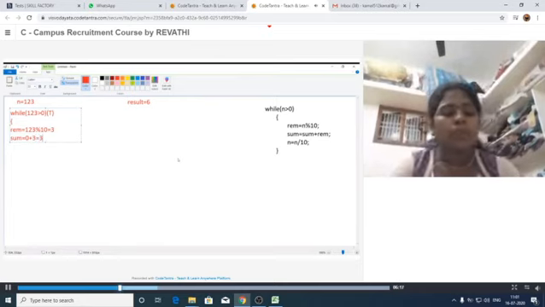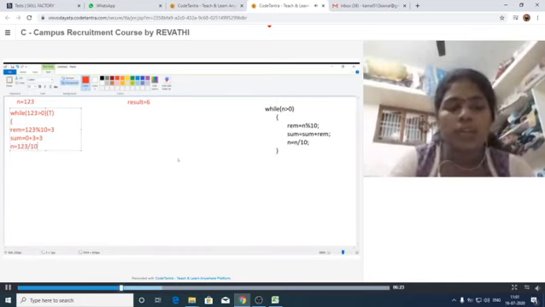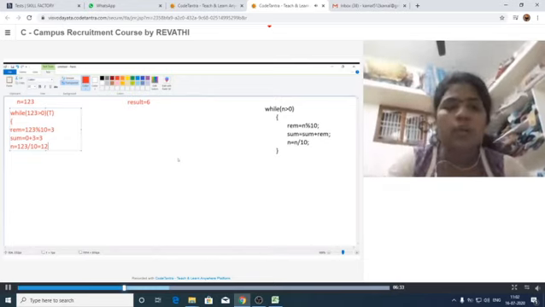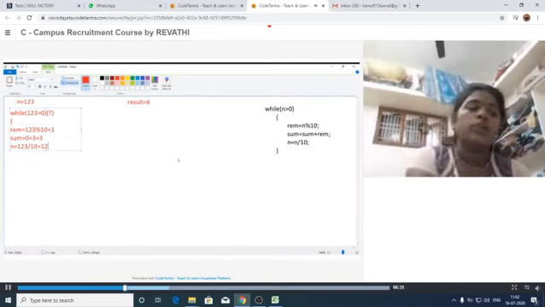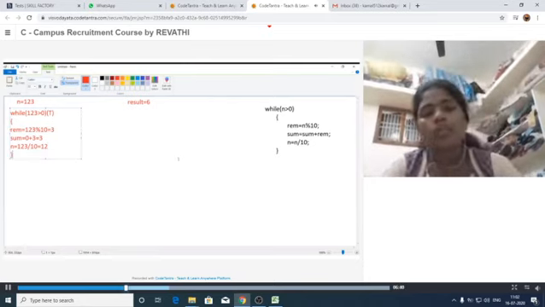After that, add the remainder to the sum value. Sum is equal to, already sum is initialized with 0, then remainder is 3 here, that is equal to 3. Then n is equal to n by 10. That means 1, 2, 3 by 10 is equal to 1, 2, because here we have taken the data type as integer. Integer can store only the integral part, so that's why it gives the value 12.